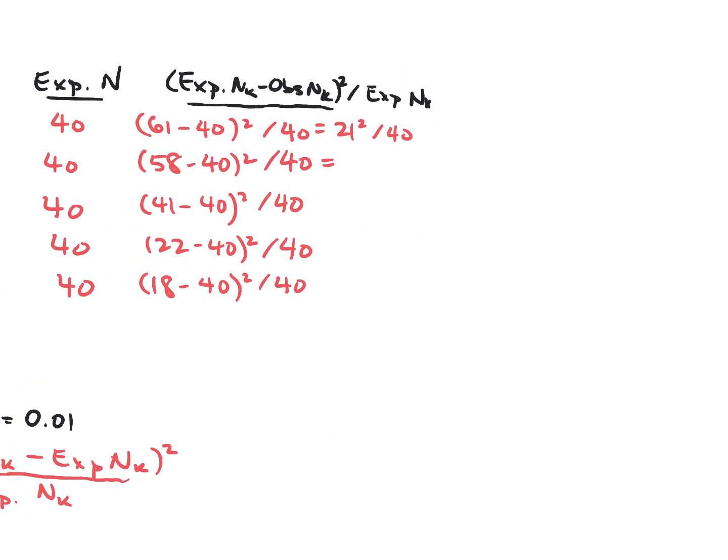Okay, this is 18 squared over 40. This is 1 squared over 40. Okay, now we have negative 18 squared over 40. And then finally, negative 22 squared over 40. Okay. All right,